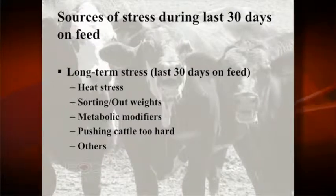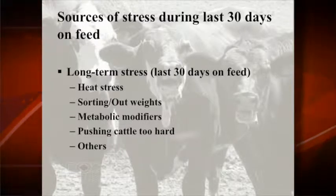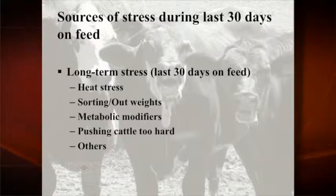We see it in animals that are large. We see it at the time of slaughter. And we're seeing it at that point in time. There really isn't a breed predilection. There really isn't a steer versus heifer predilection, but summertime large animals coming into the packing plants. And some of the things we're going to discuss today are things that we can do to alleviate these issues